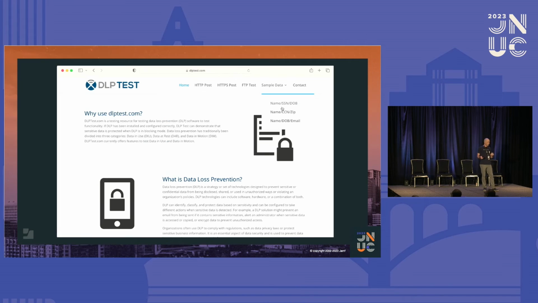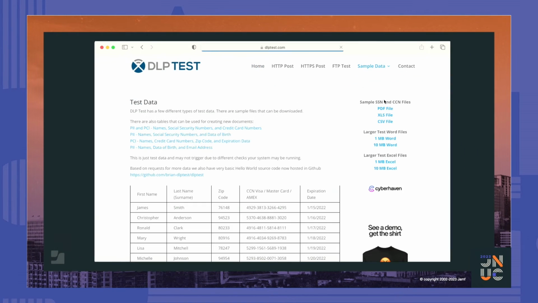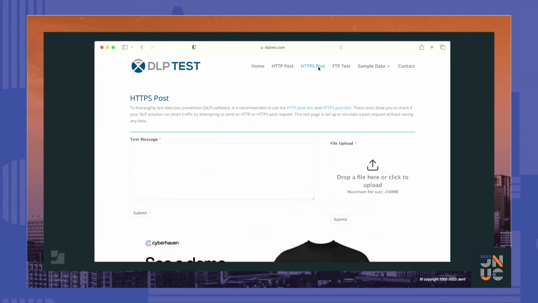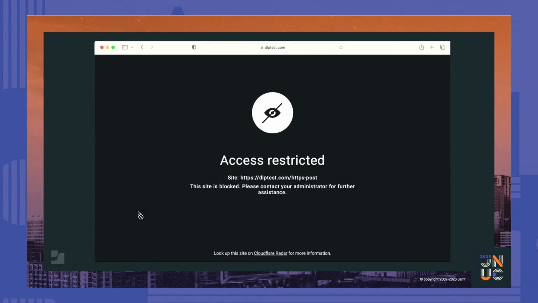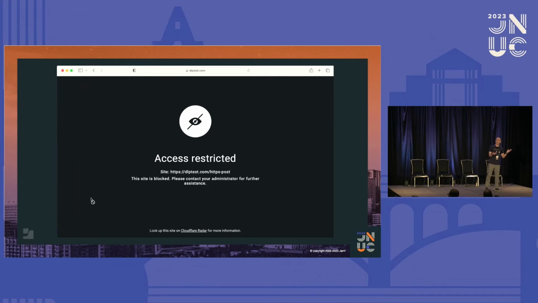So I've got a video of this. This website, dlptest.com, I find it great. Often I'm sort of like, how do I test DLP stuff? They've got a whole list of different, you see here, there's credit cards, there's passport numbers, there's social security numbers. So I can go ahead, I can grab a credit card. Doesn't work, I've tried it on different sites. But I can post that information up in an HTTP post, and that can get blocked by the policy that